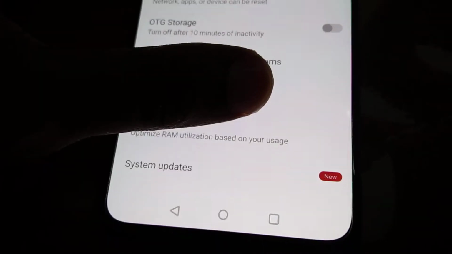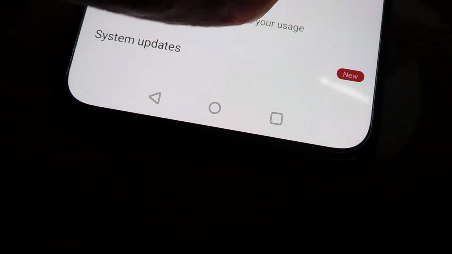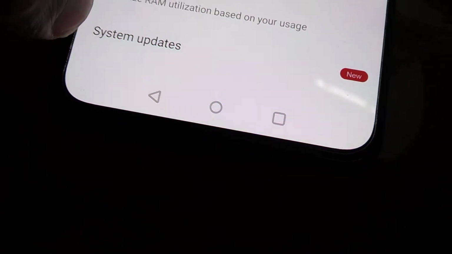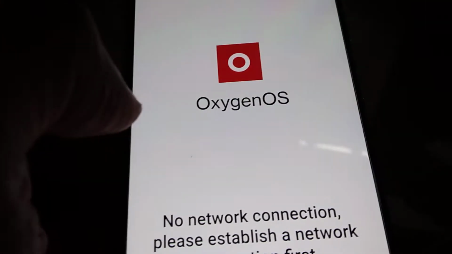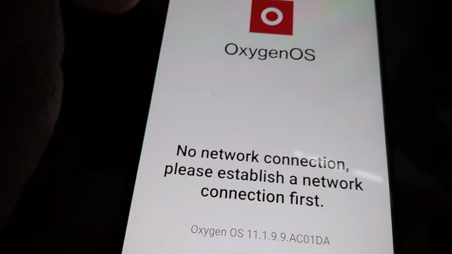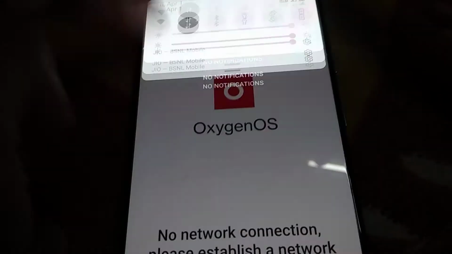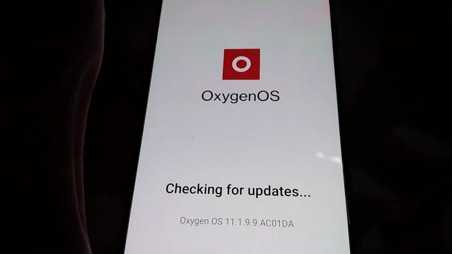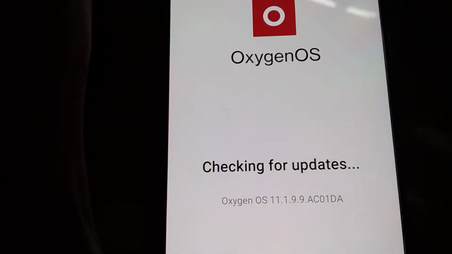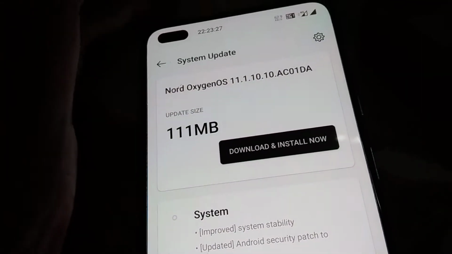So if you open the system again, you can see at the bottom the option of System updates written here. You must click System update. I can see that OxygenOS is checking for updates. So you must either turn on mobile data or Wi-Fi. Better to turn on Wi-Fi, otherwise you must turn on mobile data, and after that you can check out the